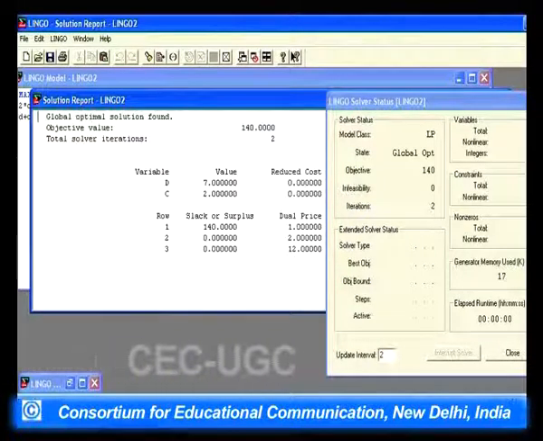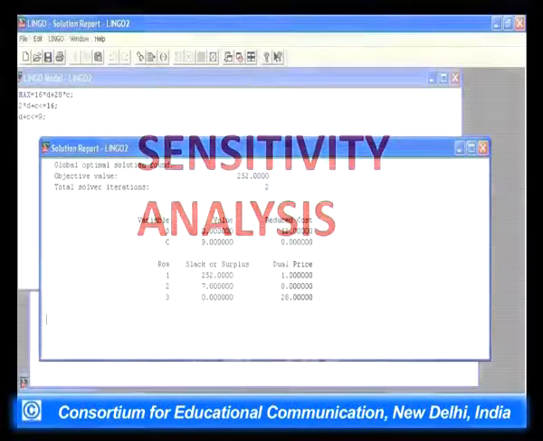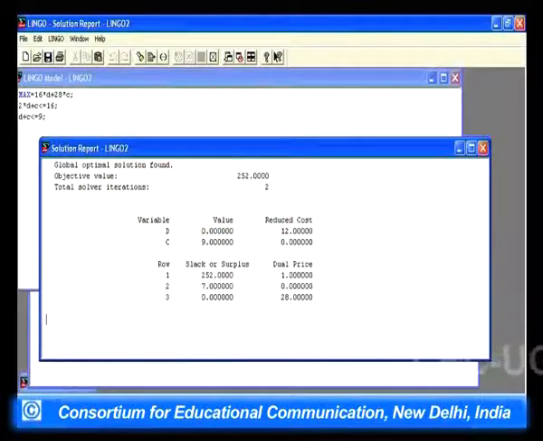I'll just now touch on sensitivity. Sensitivity analysis: we'll see what is the effect of changing the values of D and C and the constraints, etc., and what is going to happen to our objective function. Here in this particular case, it is not exactly the same as the previous problem. Both the constraints are retained. There is no change in the constraints, but the objective function is changed a bit.